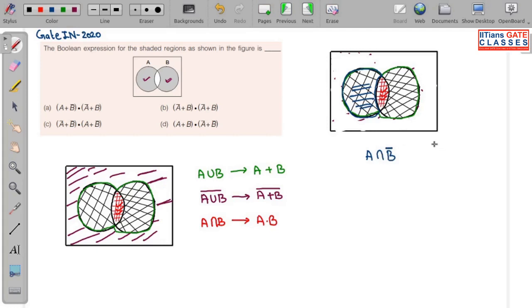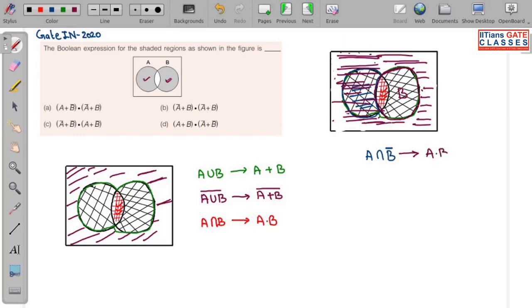Look very carefully at this. This whole region is my B. Now what will be B complement? B complement will be everything outside this circle of B, it will be the whole of this. Now if I want to write this in our Boolean expression, it will be